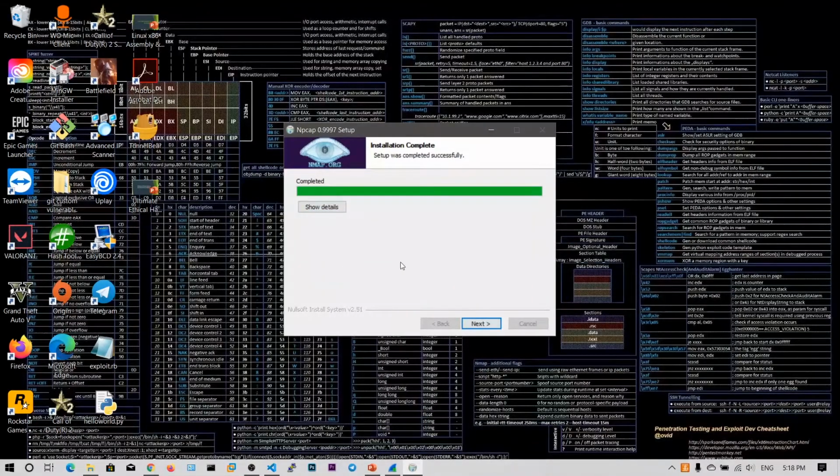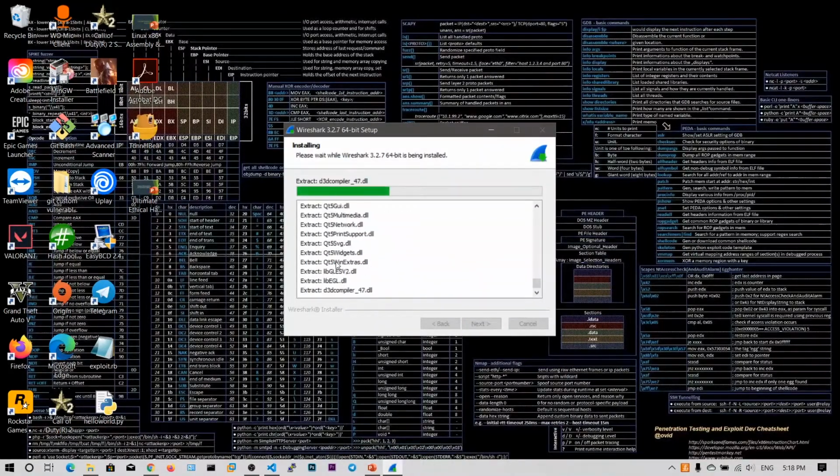So my installation has been completed. Now click on next and click on finish. Sorry, npcap's installation has been completed, and Wireshark is still installing.